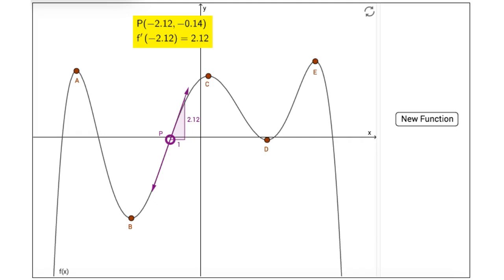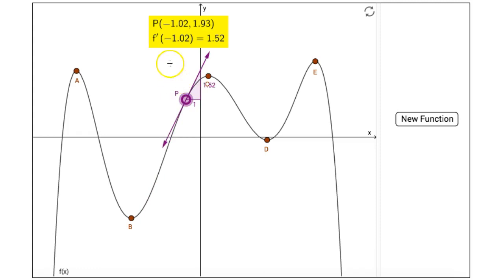Since the derivative of this function is defined at each local maximum or minimum point, we can conclude that the derivative will be equal to 0 at each of those local extrema. So on the graph of the function f of x, there is a movable point P. As I drag point P along the graph of the function,